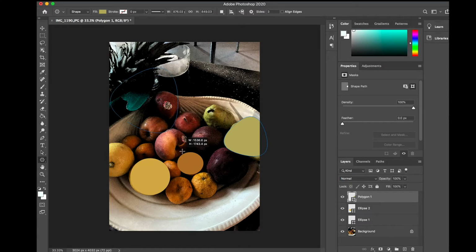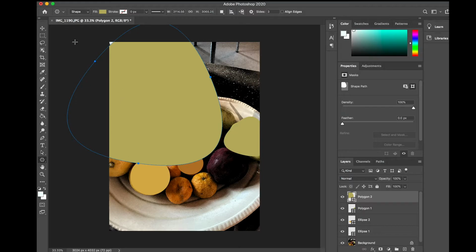So now I'm going to drag that shape out. I thought that was going to be a good shape for the plate too. Eventually, I think I decided not to use that shape. I used a circle, but